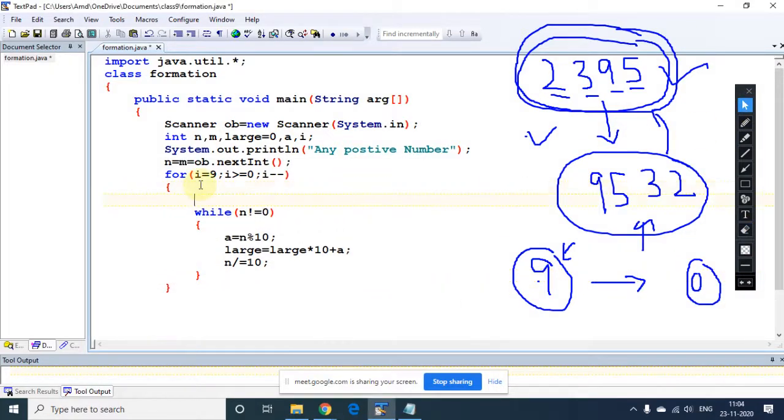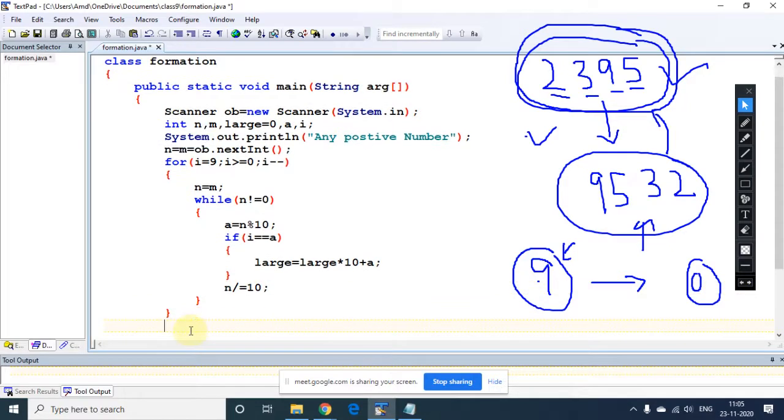So for the solution, what will you write? You will write this. Now the dummy is required, and at the same time, you will check if i equals a. If this condition is true, then we need to form the largest number. How? That I will show you in the dry run. Please look at here everyone. Now the program is already over.